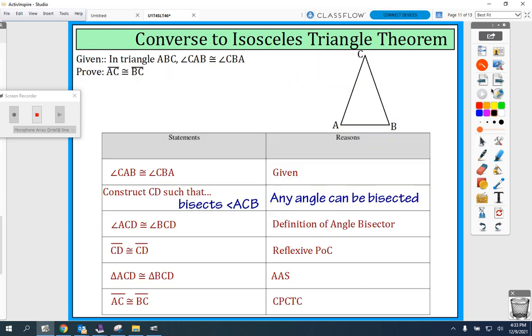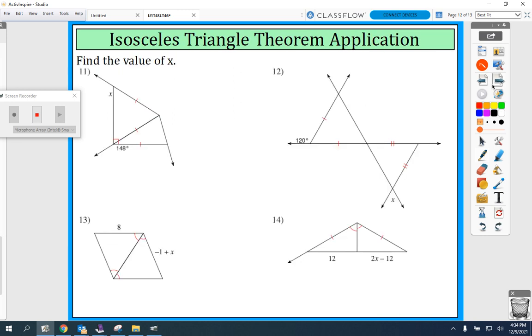Let's go on. So here, this is the converse of the isosceles triangle theorem, which says that if I have a triangle where the angles are congruent, then I know that the sides opposite are congruent. And again, it's really just the reverse idea of what we talked about in the other isosceles triangle theorem. And now you're going to use the isosceles triangle theorem to find all of these missing sides in these kind of compound figures. So just to kind of start you out here with number 11,